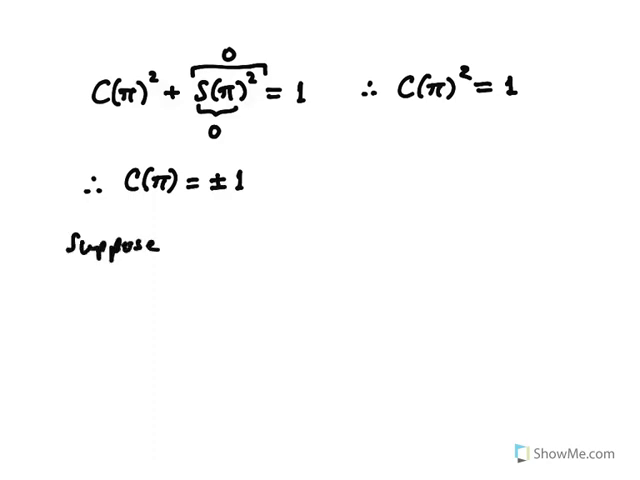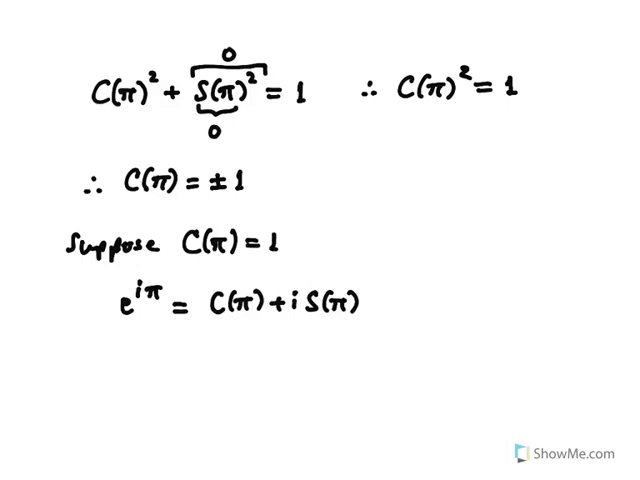So let's suppose, for contradiction, that capital C of pi is 1. Well, it would follow that e to the i pi, which has this expression, this would be a 1, and this would be a 0. So we just get 1. Sorry, here's what I really want to do. I want to consider e to the i pi over 2. So pi is just some real number, pi over 2, some real number. But if we square this,